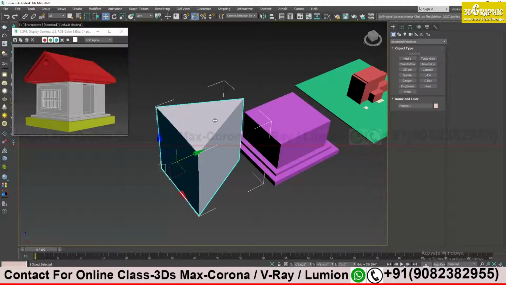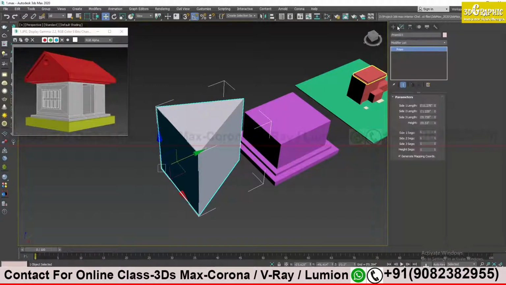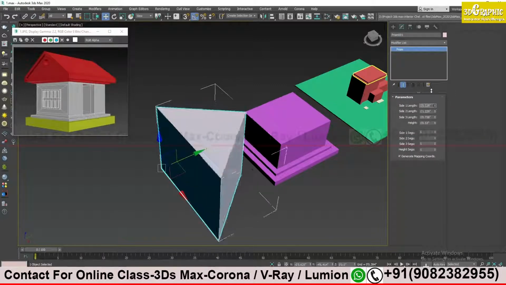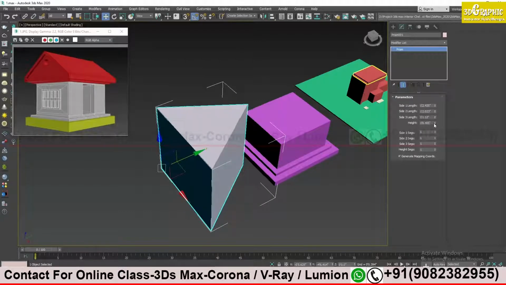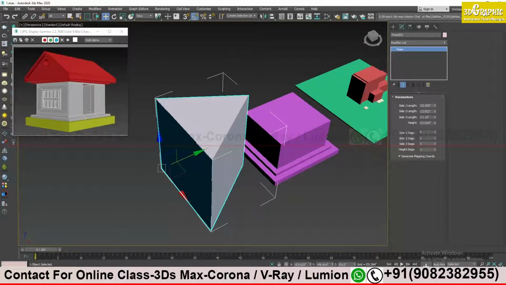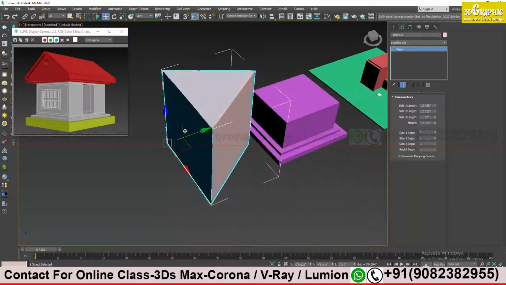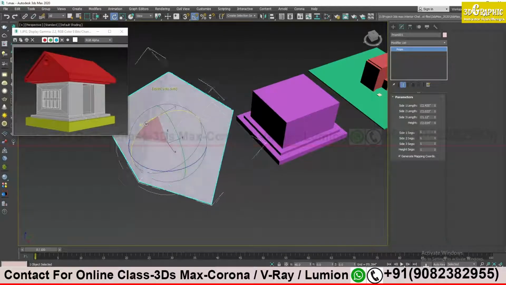And then I have to change its properties. I will go to the modify tab over here. I have length and all, and I have height. But before doing that, I will try to rotate it. I will take the move tool and rotate the object.